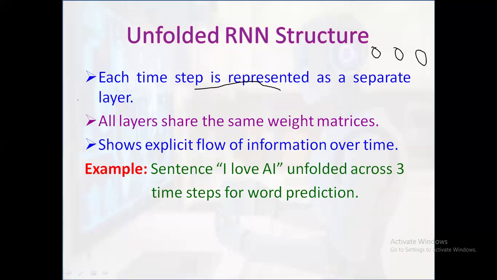The second point, all layers share the same weight matrices. Despite being shown as separate layers, all unfolded units use the same weights. This parameter sharing ensures consistent learning across all time steps and reduces model complexity. And it shows explicit flow of information over time. That means unfolding clearly shows how information flows from earlier to later time steps through hidden states, making temporal dependencies